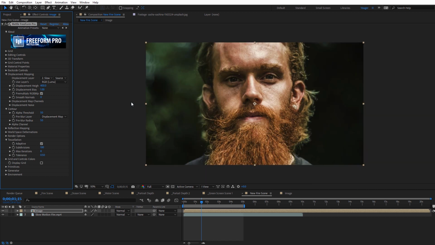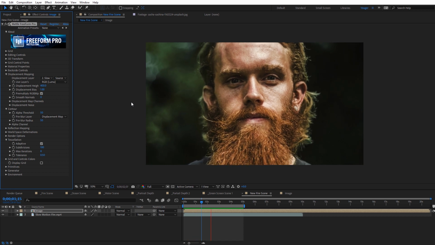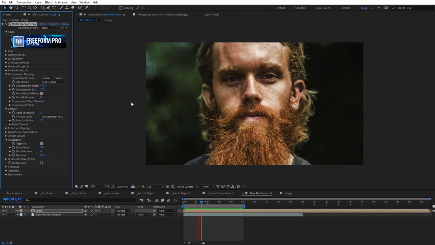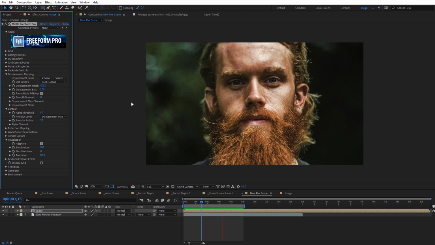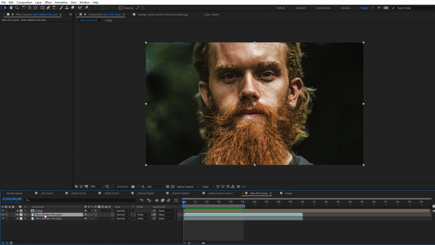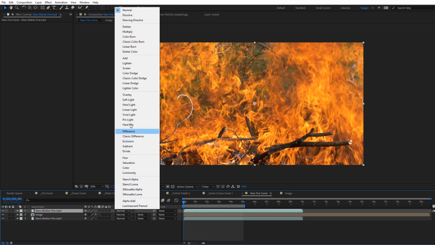So let's go ahead and RAM preview this and check out the displacement. So now you can see we're getting some nice smooth heat mapping movement on top of our image. It looks a lot more appealing for this particular shot. So now we have a few options on however we want to create the double exposure look. I could select this fire footage, I could Control D or Command D on the Mac to duplicate it. If I wanted to, I could place it above my image. If I wanted to, I could set this on a different blending mode. Really, whatever you want is your choice.